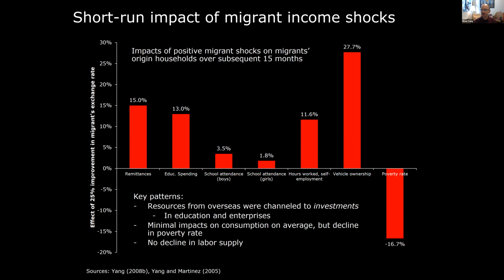So I think that's the big news coming out of this work, from prior papers of mine taking advantage of this natural experiment. I really want to emphasize that it provides evidence that improvements in the resources available to migrants really do lead to positive investment responses in the households from which these migrants came, which again was not necessarily what experts would have predicted in advance. If you had thought about this as an RCT with a pre-analysis plan, and used the Social Science Prediction Platform to ask people what they expected the effects would be.